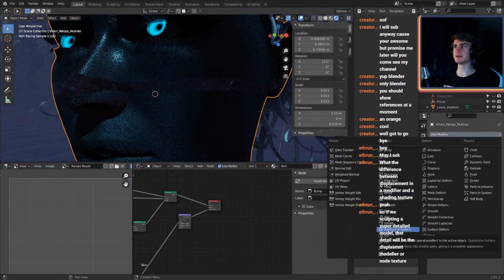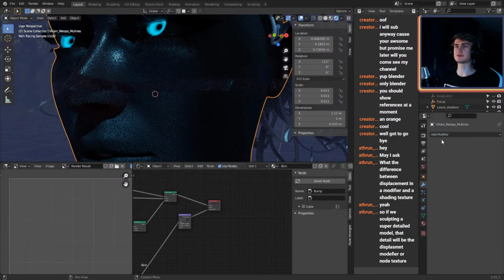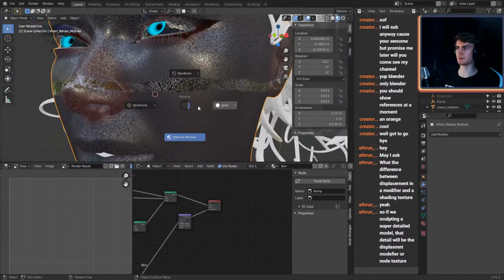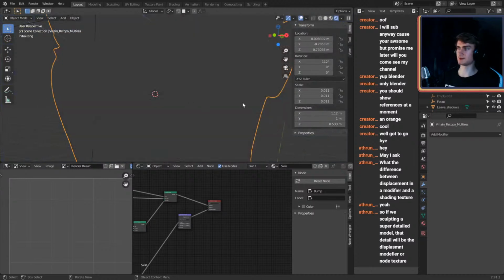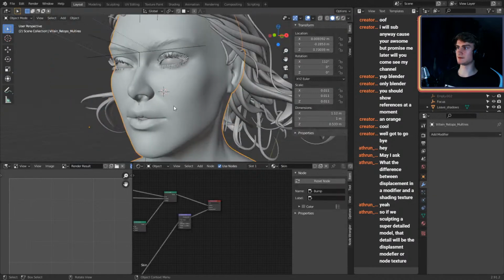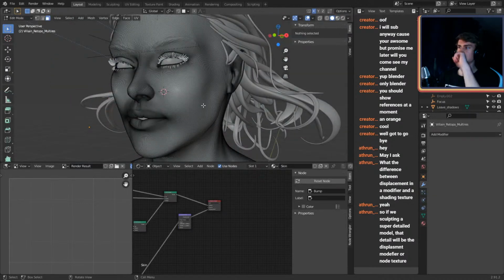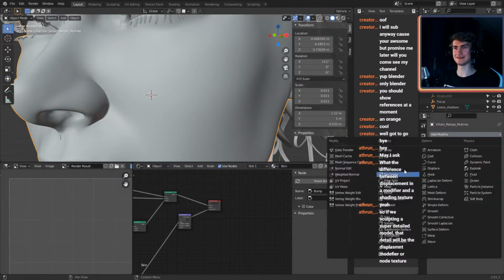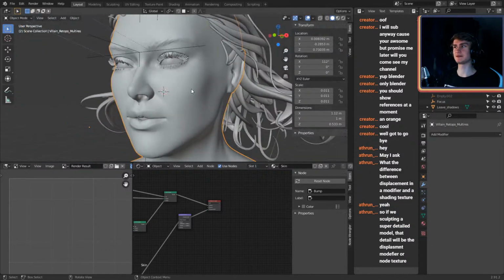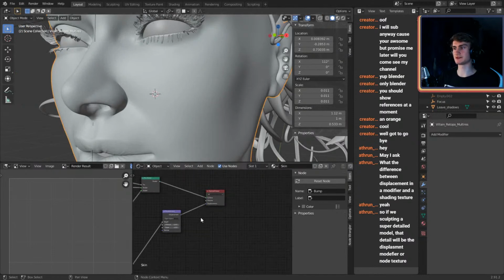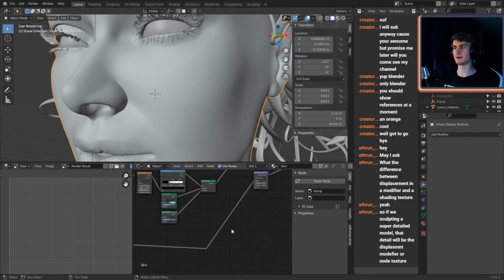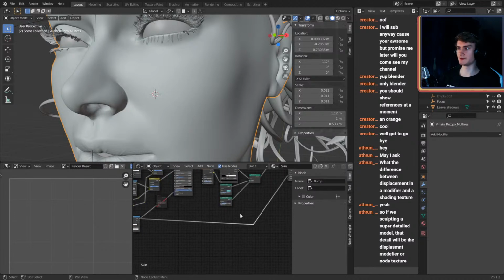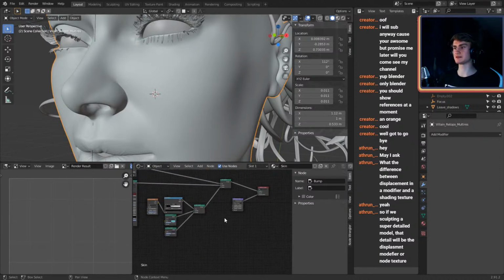The reason I didn't use a displacement modifier for this is because my model doesn't have a good topology. If we switch back to solid view, so if we go in here, actually, oh, she actually does. Oh, so it would actually work. So if we go in here and add a subdivision surface, put that to adaptive subdivision, it would displace the surface as if the displacement would actually create the pores for real. But I haven't used a displacement modifier because I think displacement